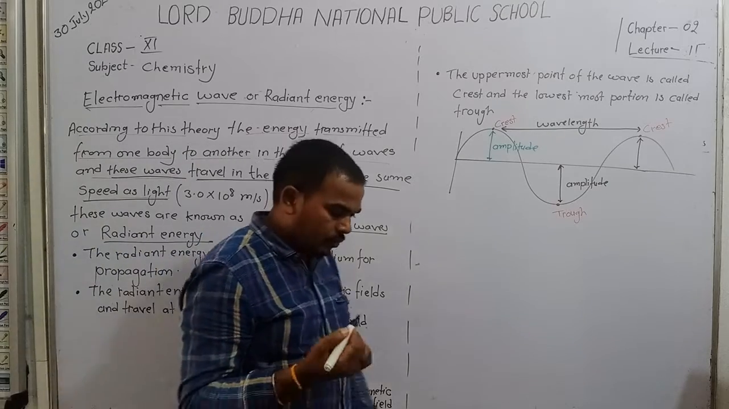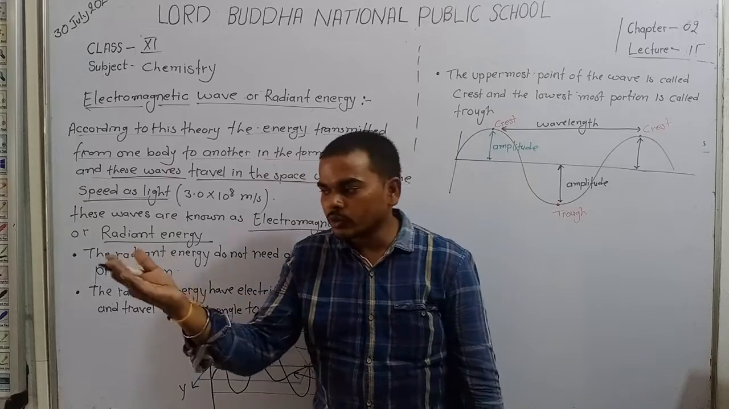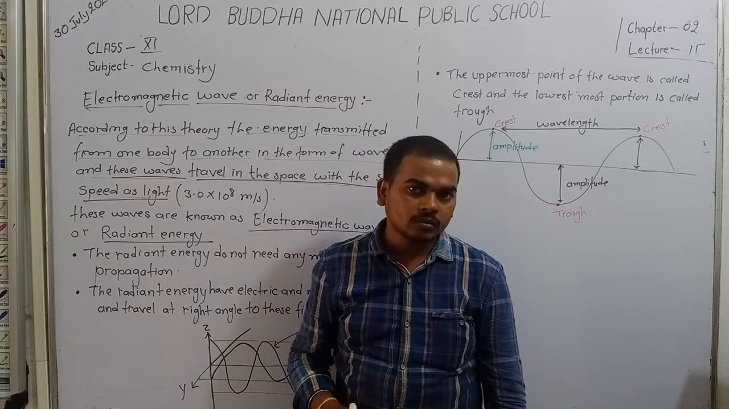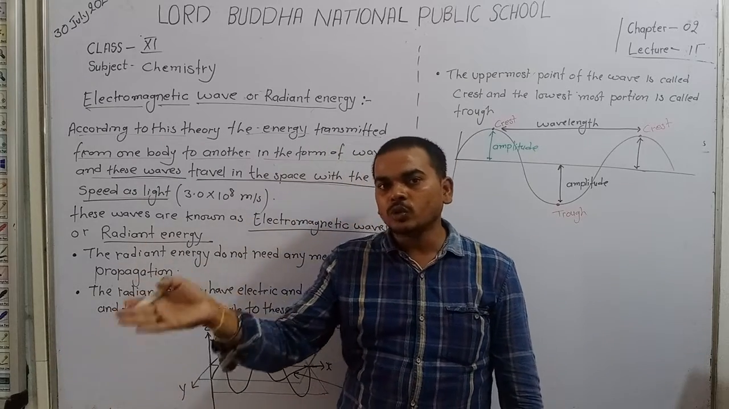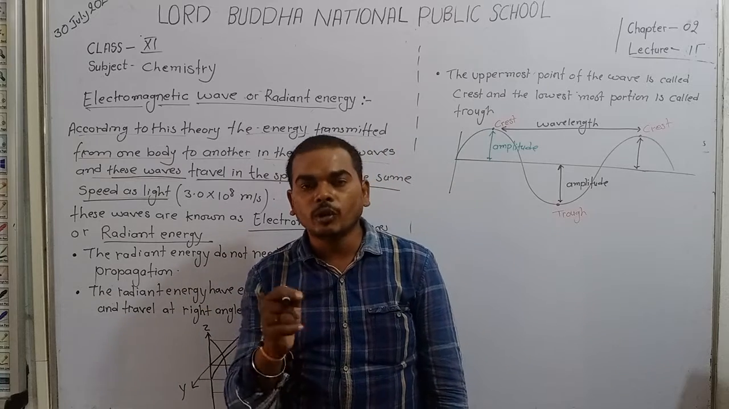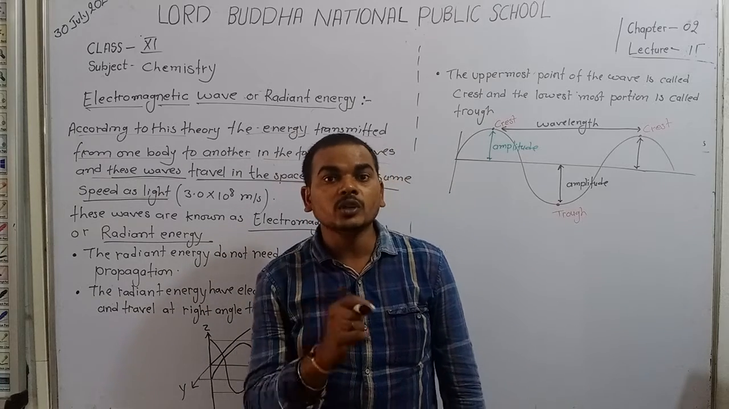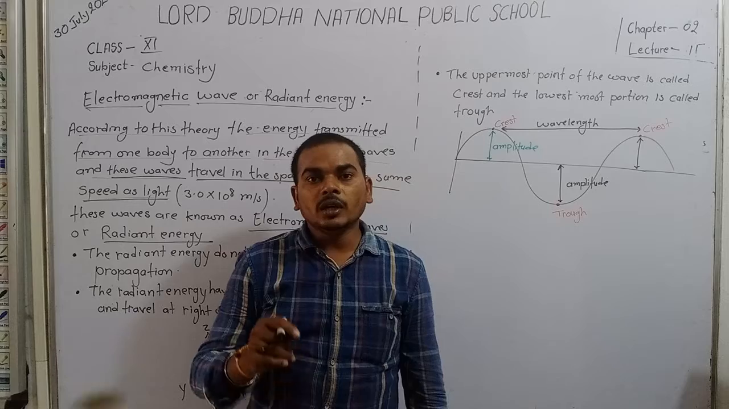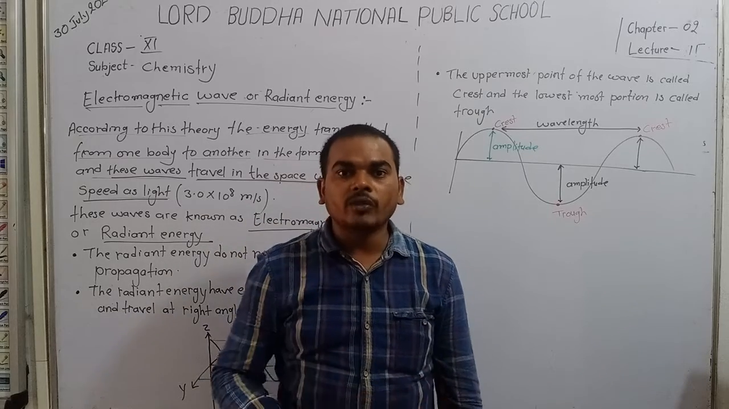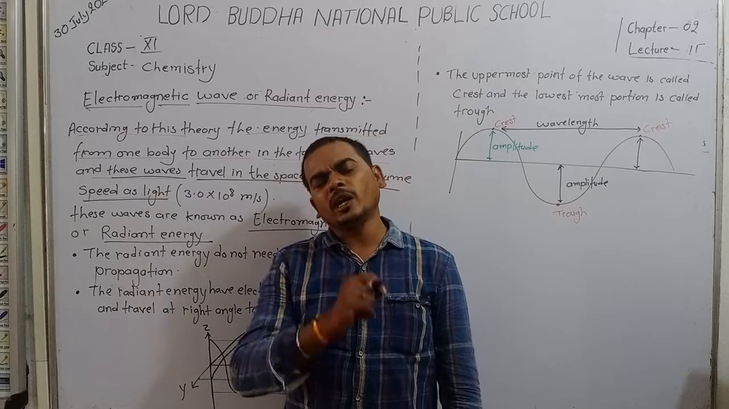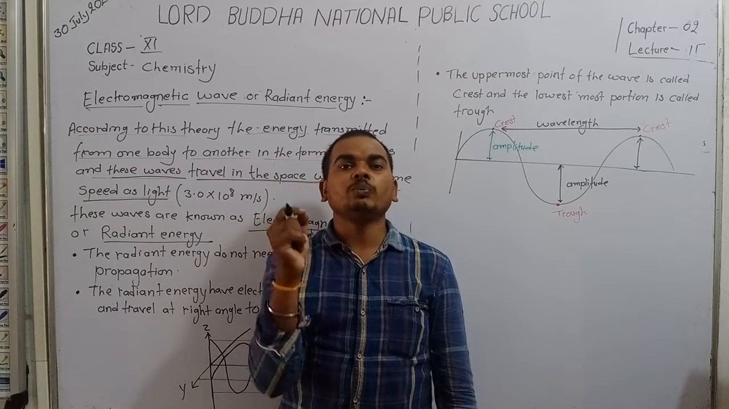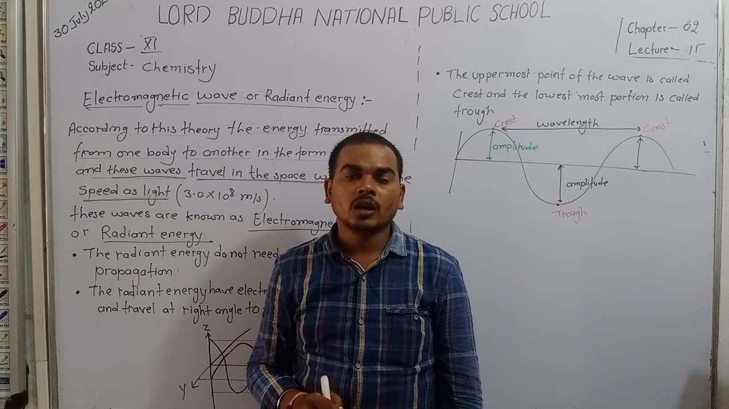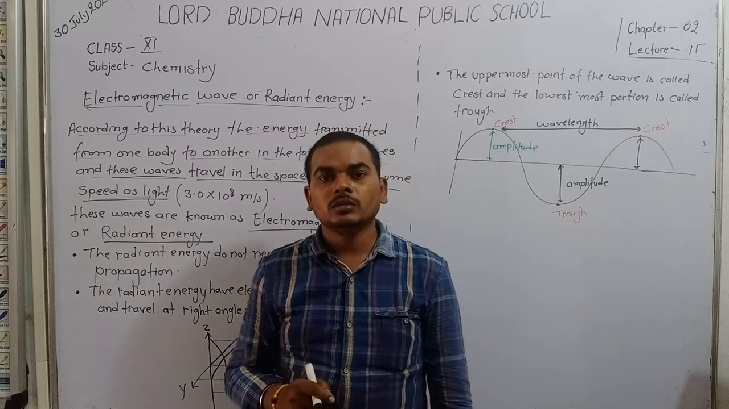Dear students, the heat transferred from one body to another in the form of waves is known as radiant energy or electromagnetic waves. All electromagnetic waves, all radiant energy, travel in space with the same speed, that is 3.0 times 10 to the power 8 meters per second. For example, the sunlight